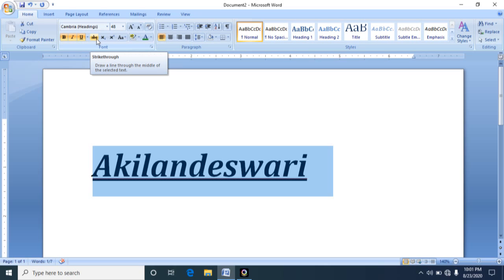In your document, you may have 2 to 3 paragraphs, and in some paragraph a few words need to be struck out. You don't need a particular sentence or word in your paragraph. At that time we can use strikethrough. Strikethrough will draw a line through the middle of your text.